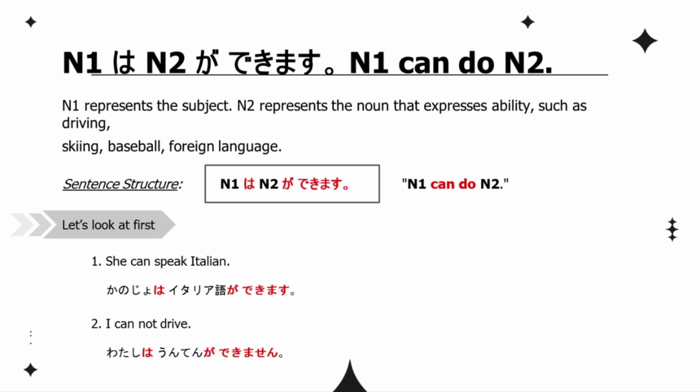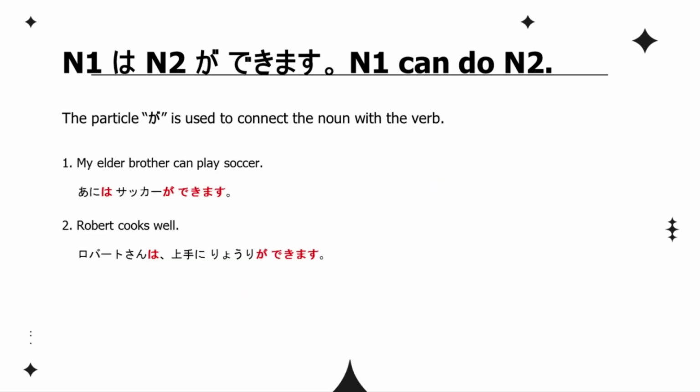For example, my elder brother can play soccer. 兄はサッカーができます。ロバートさんは上手に料理ができます。